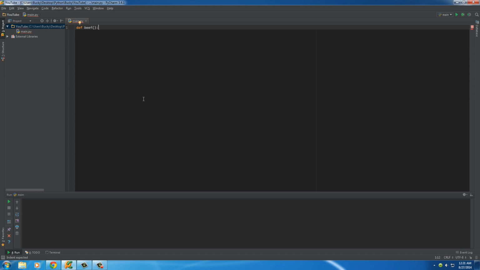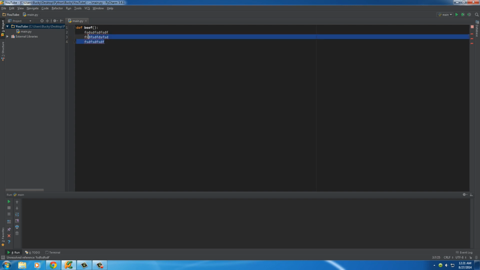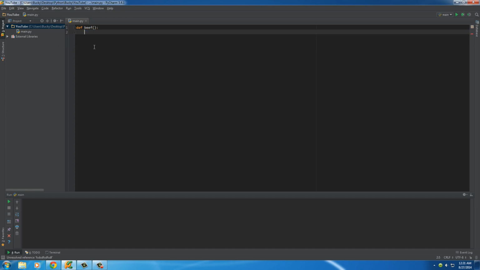After this colon, hit enter, and any line of code that goes in here is going to be part of your function. Any line of code that's inside your function is the part that executes whenever you use it later on. So we'll make a very simple function that prints something out, and we'll just write, "Functions are cool." This is a pretty useless function. Again, it's just a function called beef, and its only job is to print something out on the screen. So if you run this right now,